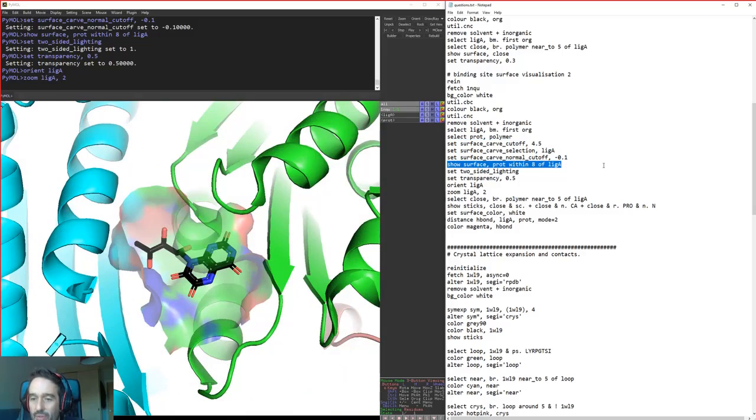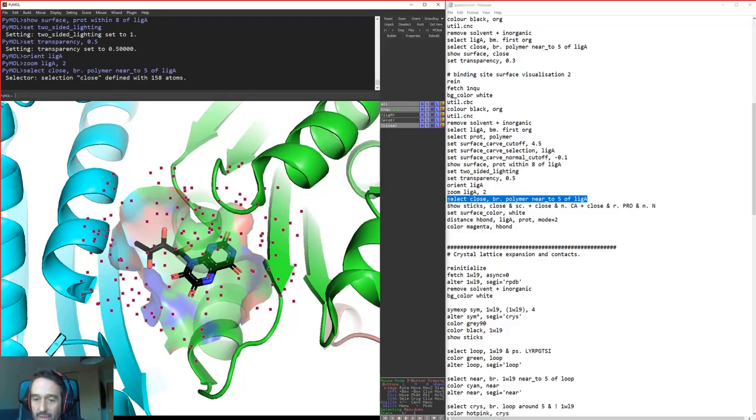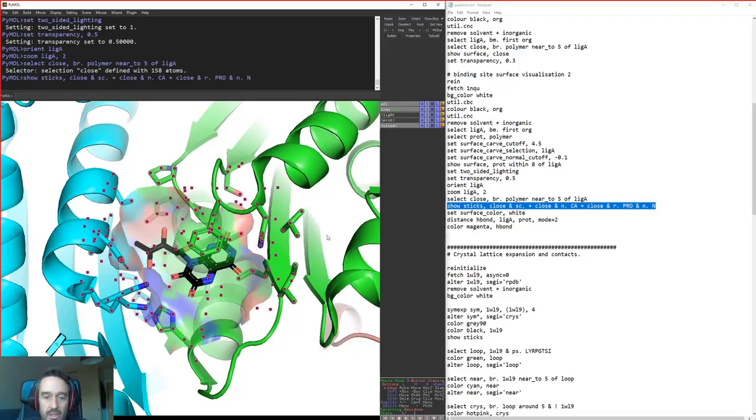Then we can add a few extra features. So here we can use our proximity selection again. We're going to select any residues that are within 5 angstroms of our ligA, and then we'll stick our sticks back on like we did last time. There they are. Let's make our surface color white,